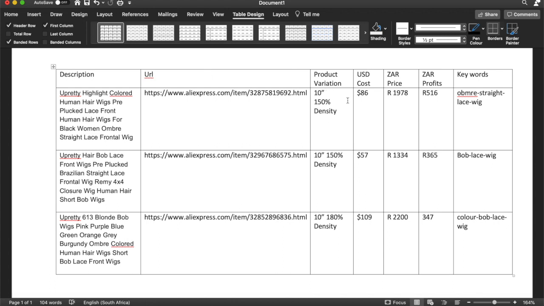So I've done that. I've only done one variation. I'm not going to do all the variations for today because I don't have the time. I'll do it offline. But you can see the cost, the price I'm going to sell it for, the profits I'll make per product, and the keywords. This is up to you how you adjust these numbers. Just make sure the price you're selling it for is reasonable. In fact, you want it to be as low as possible to attract people to buy from you, because you'd rather sell volumes than sell expensive things and sell only one of the items.